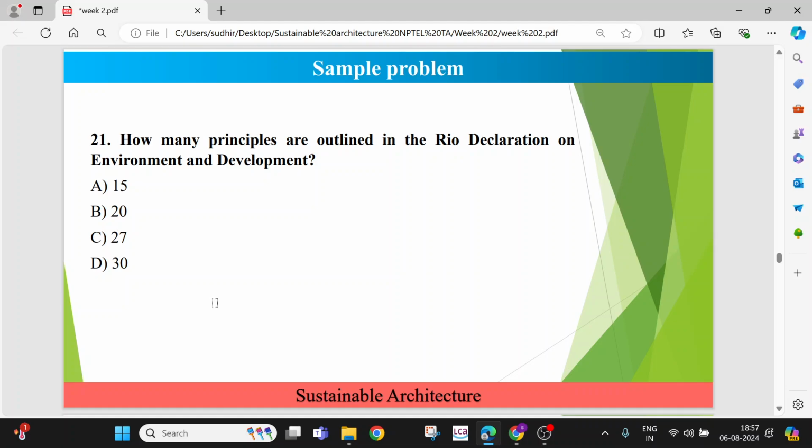Questions from now have been prepared based on lecture 4, section 4 of week 2. Option C. Aditi is saying C. Option C. Are all of you okay with option C? Yes, sir. Okay, then I think